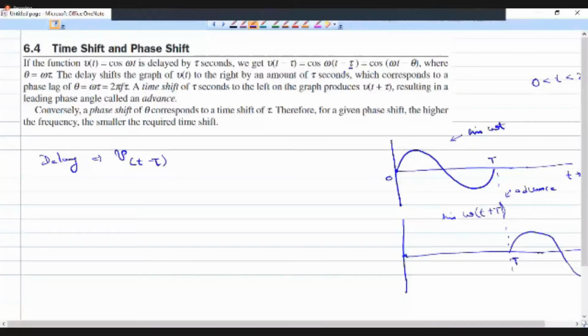Okay, so we can write it is equal to cos of omega t minus theta, because we know that omega into tau will have the dimension of an angle. So omega tau is equal to theta. So we can express a relationship between this tau and this theta. Can you see this? I will rewrite it here. So we take the function cos of omega t, and when we delay this,